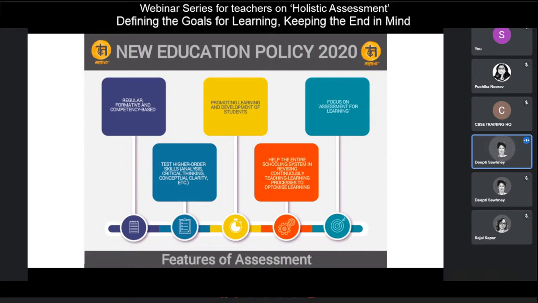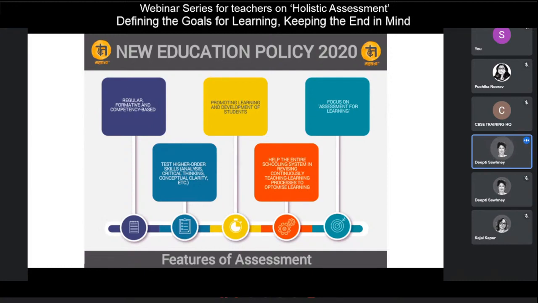It needs to test higher order thinking skills. This is what we've discussed at length just now. We need to promote the learning and the development of students. It needs to promote that. It needs to help the entire school system revising your teaching learning processes to optimize learning and then focus on